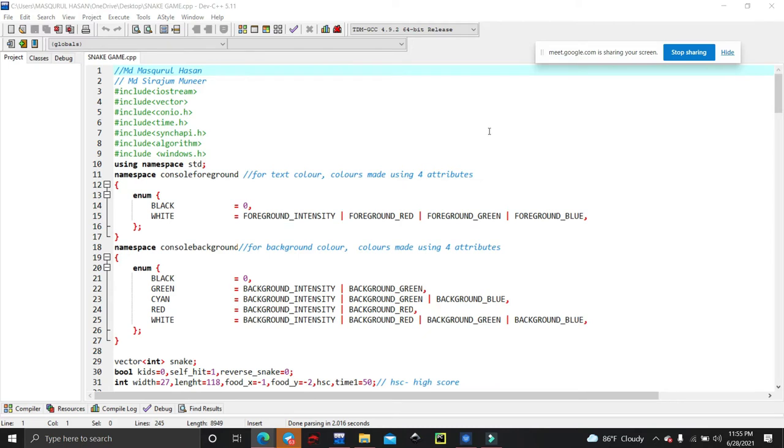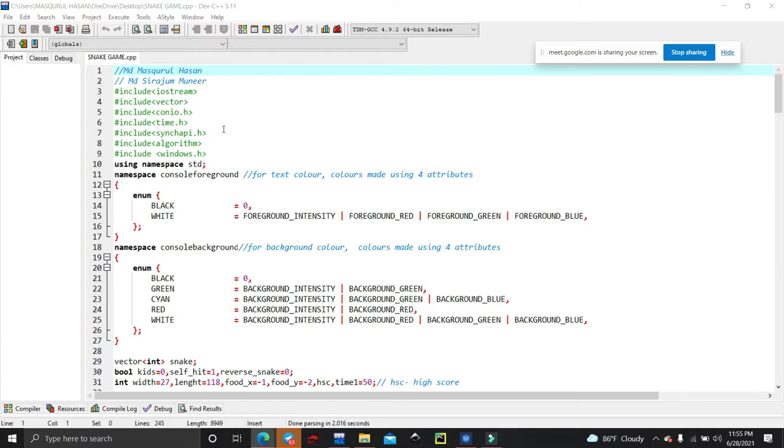So this is our code for our snake game. In this code, first of all we have used iostream. Then we use vector to increase our snake body size.